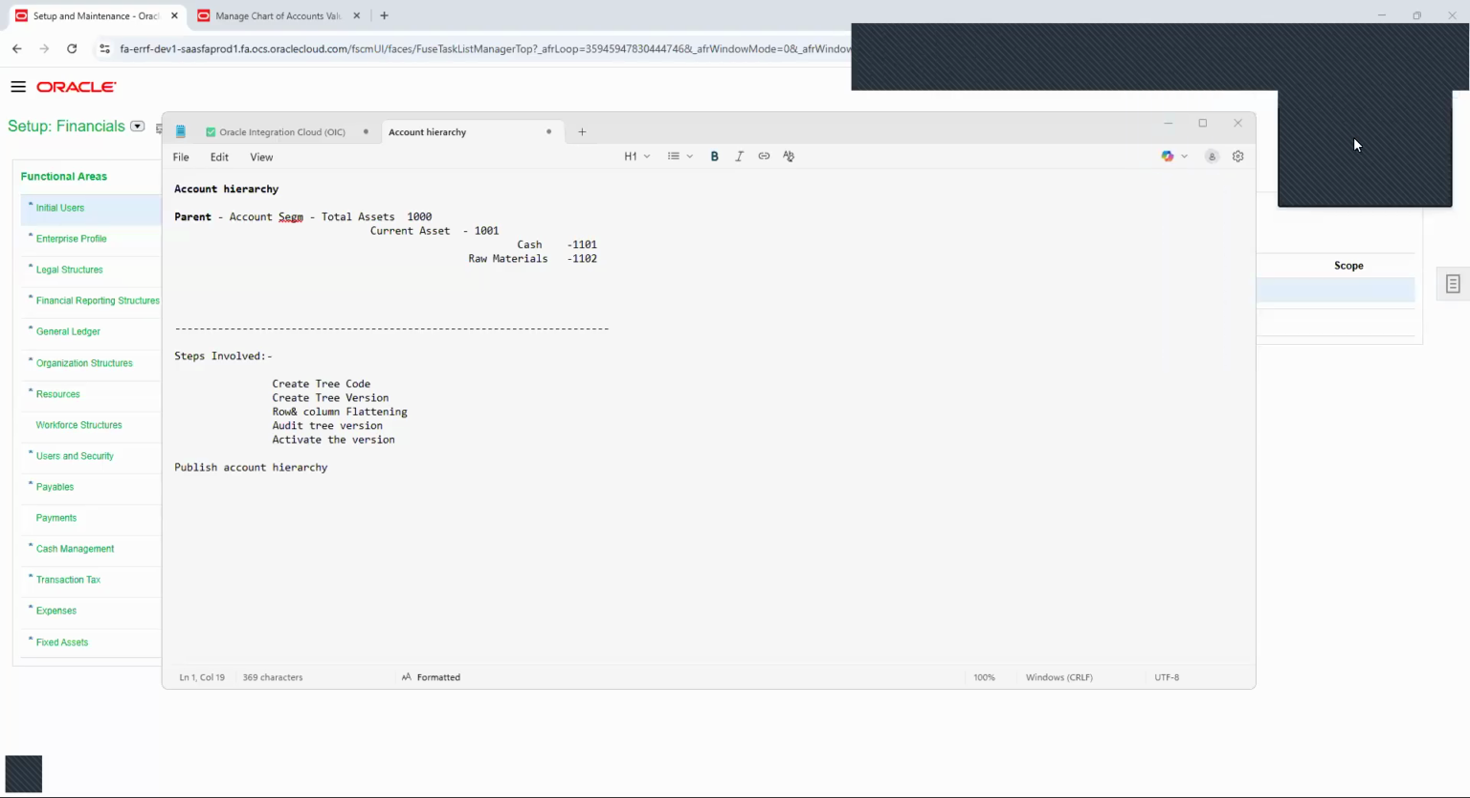Hi everyone. Today we are going to discuss the account hierarchy in Oracle Fusion. So what is account hierarchy? Basically, account hierarchy is a way of organizing the chart of accounts values in parent and child